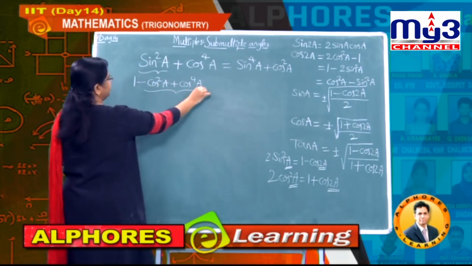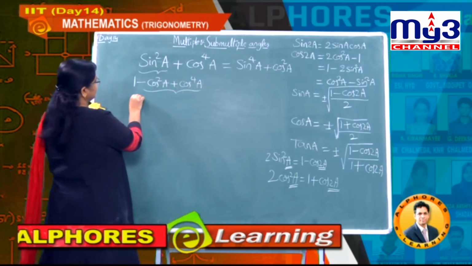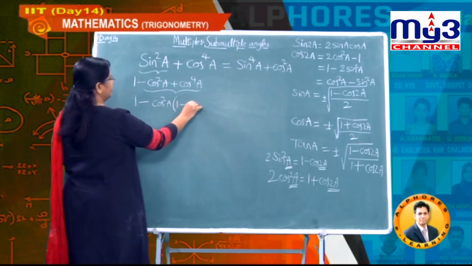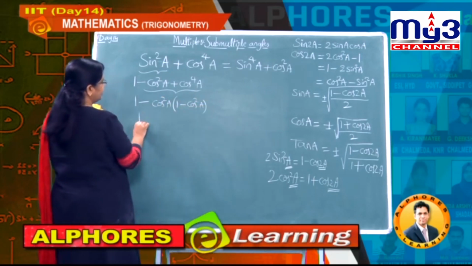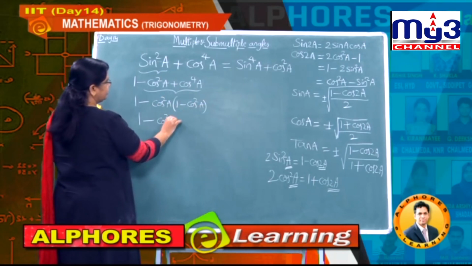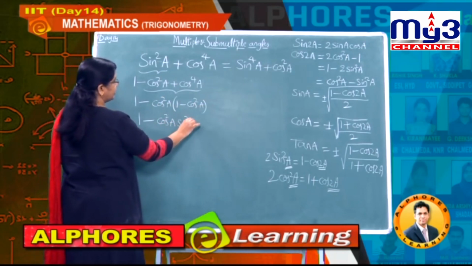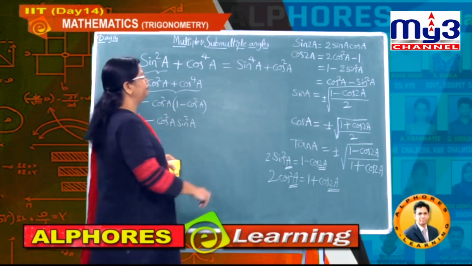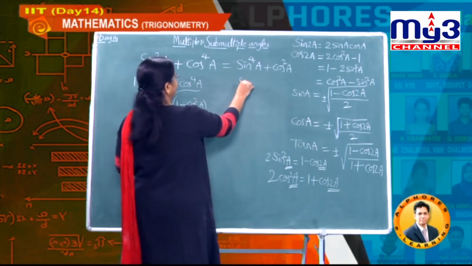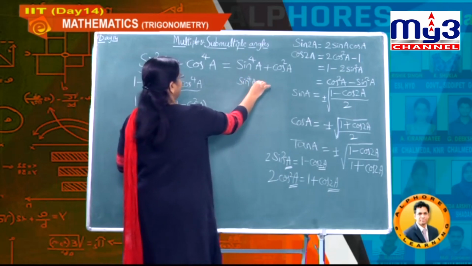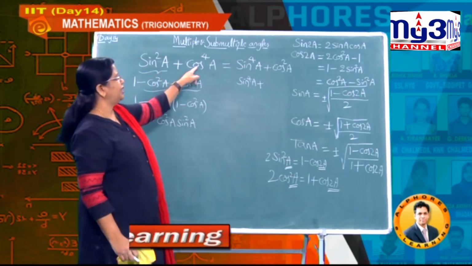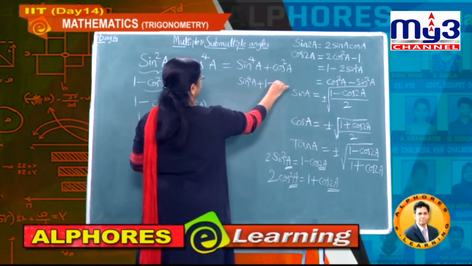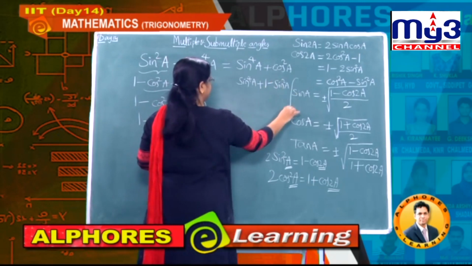Then from these two I am taking minus cos square A common, so that it is becoming 1 minus cos square A. Hence what is the value? 1 minus cos square A into what is the value here? Sin square A, okay. Now in the same way here also I am proceeding, that is sin power 4A, whatever power 4 we are keeping as it is, whether here or this side.